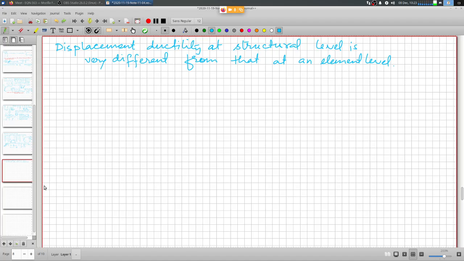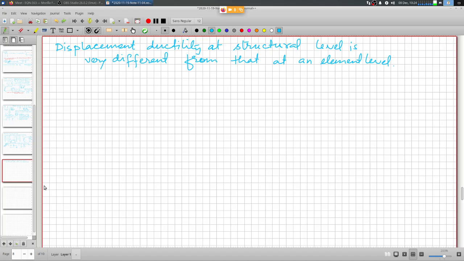Merely examining the performance and ductility of an individual element is not enough to ensure that sufficient ductility will be available at a global level when we consider these interconnected